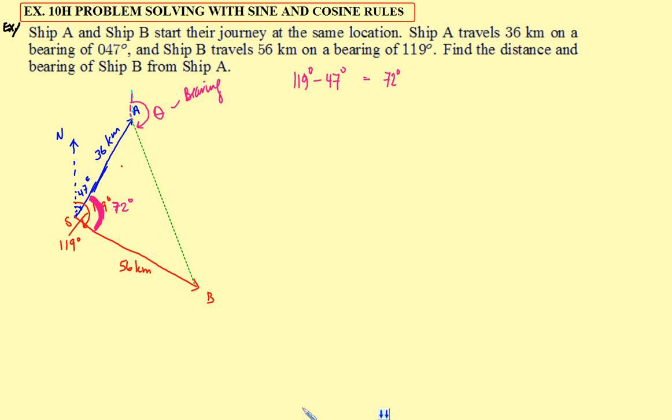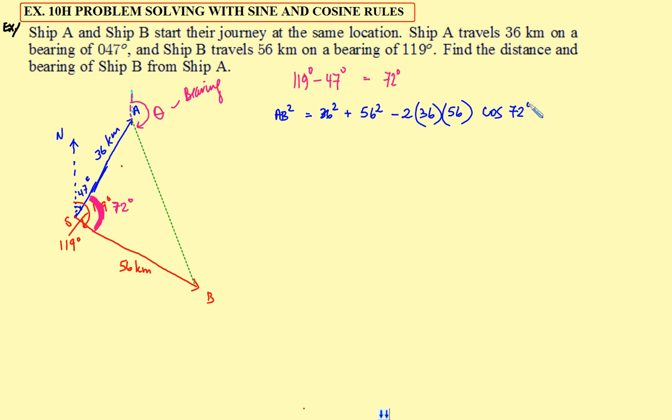The cosine rule tells us that AB squared, the distance between the two ships, is equal to 36 kilometers squared, plus 56 kilometers squared, minus 2 times the product of the two sides, multiplied by the cosine of the angle between them,